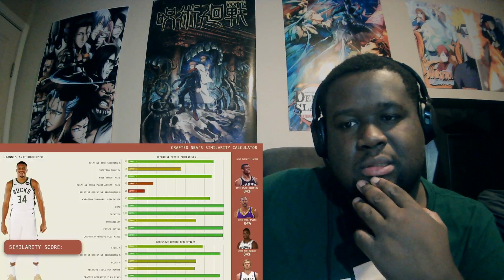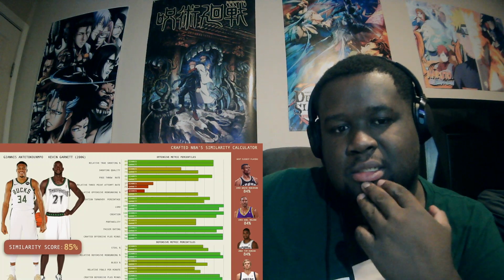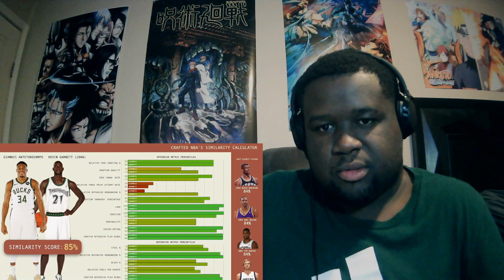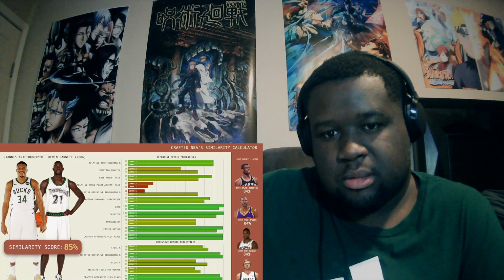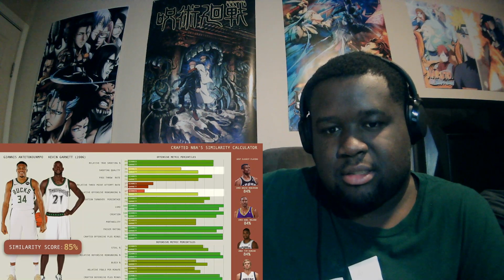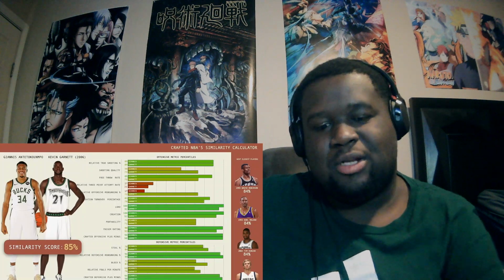According to the similarity app, the most similar player to Giannis is 2006 Kevin Garnett, with a similarity score of 85%. A phenomenal post scorer who also led the league in rebounding, was not limited to the paint but operated within it most of the time, and was one of the league's best, most versatile defenders with his length and athleticism. In fact, Giannis and Prime KG aren't just similar, they are almost identical, with offensive and defensive metrics that are almost impossible to tell apart. KG was a better shooter and rebounder, but every other metric is virtually the same, from their efficiency to their offensive versatility to their passing. The next most similar players to Giannis are...